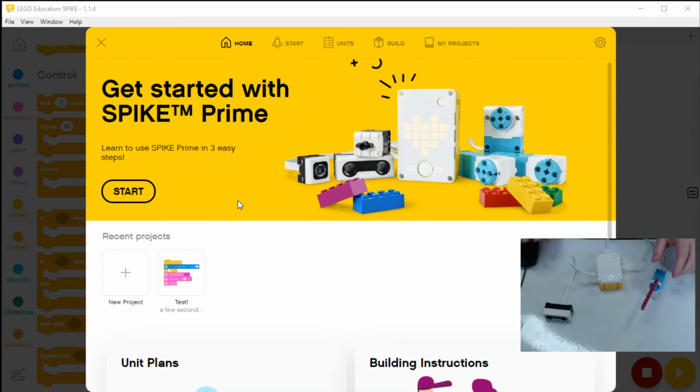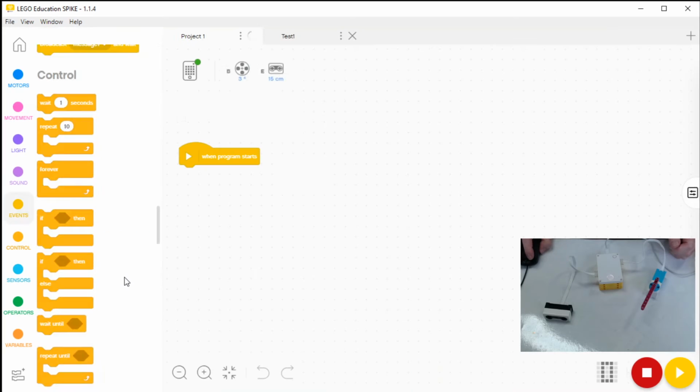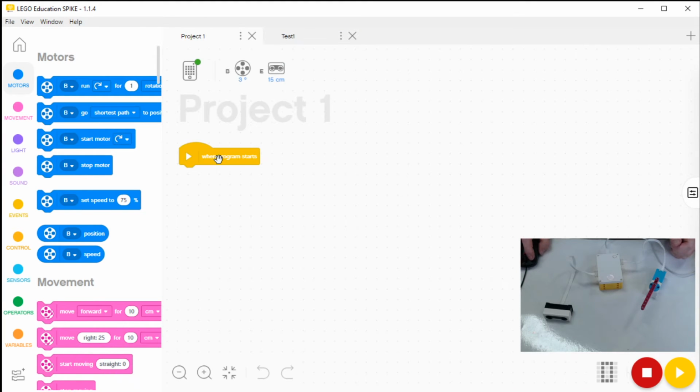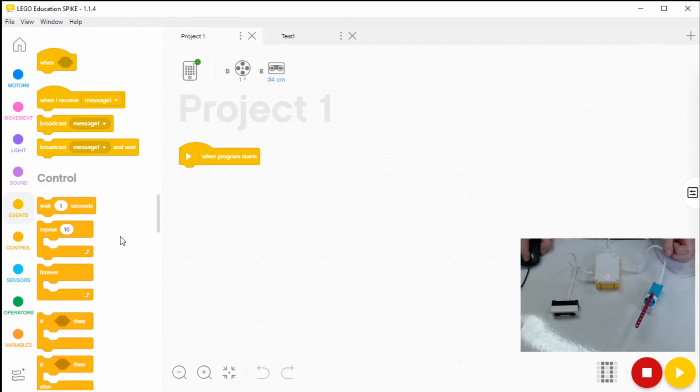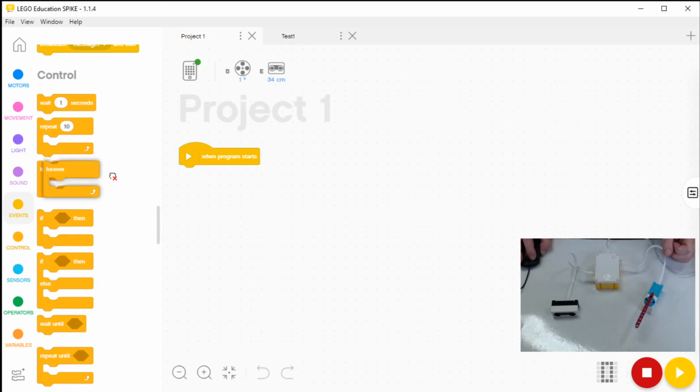All right. So I'm going to start a new project. And what I want is for the motor to turn to an angle based on the distance that the ultrasonic sensor is reading. So first of all, I need to have it do it over and over and over again. So I'm going to get a repeat forever loop, stick it in there. And then I'm going to need to read